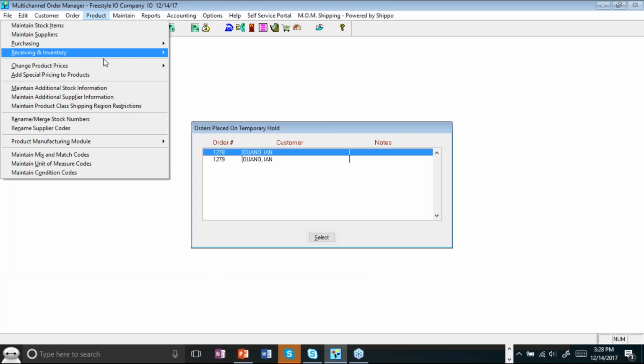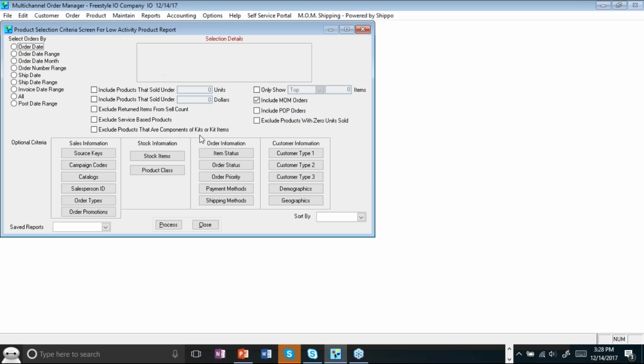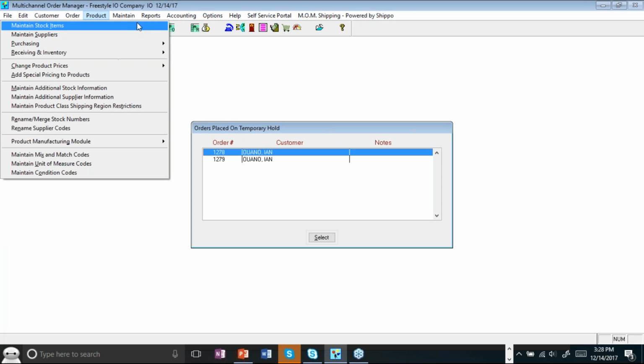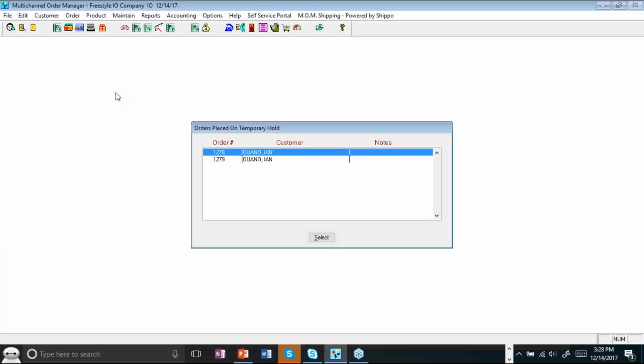Going back to the product reports, you can show the top number of products that are not moving. So that way you can identify what inventory is actually not selling, and that way you can either run promos around them or to know not to actually purchase them again because they're not actually moving. You can also do the same thing for your top products that are selling, so you can see what's top performing. So there's different ways you can run different reports, but they come standard to our system, and